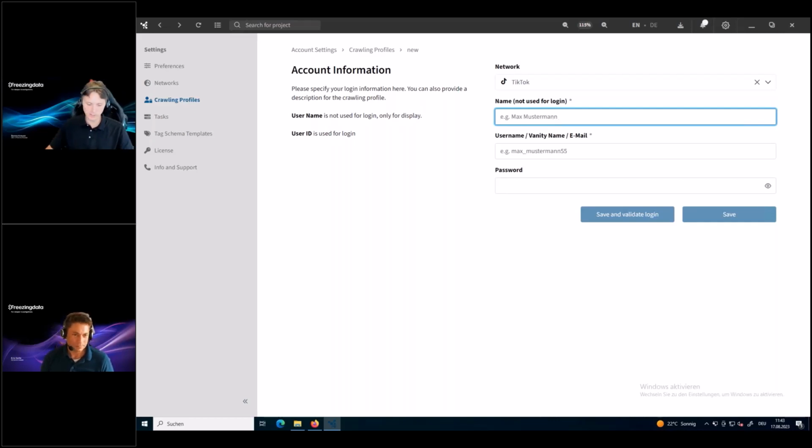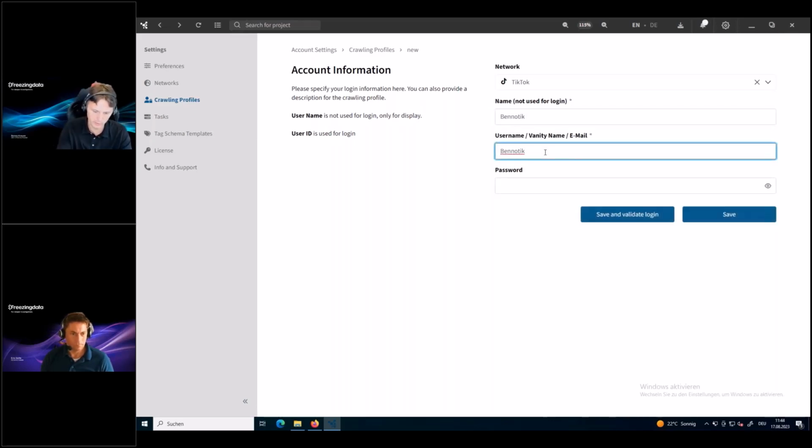TikTok is a special thing because you need an installed app on your phone device for this, because the login procedure is performed by using a QR code from TikTok. Let's say I want to use my TikTok profile and add my Benno TikTok. In this case, the name is completely irrelevant because we just need to add a profile by using the QR code